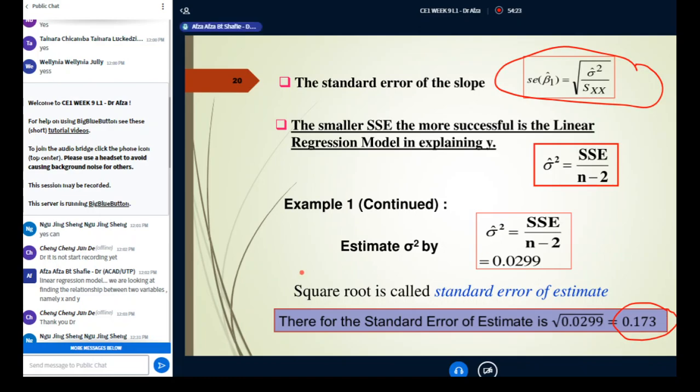Okay, when to use it? To get the standard error, we use this formula. This will tell you the standard deviation that I want. This equation is just to get the standard error of the slope. I will tell you when we actually need to use this. We are more concerned about this later on. But for now, this is in total. That means overall, the standard deviation between the